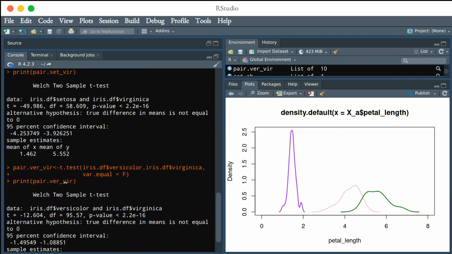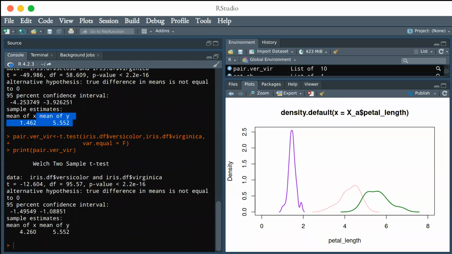Okay, the next one, setosa virginica, the average difference is from negative 4.25 to negative 3.92. So setosa is less than virginica. And the last case, versicolor and virginica, right over here,